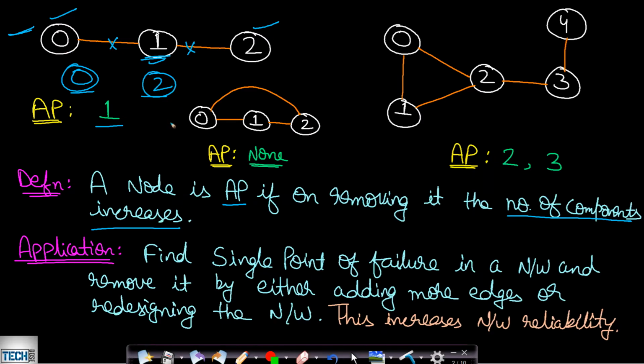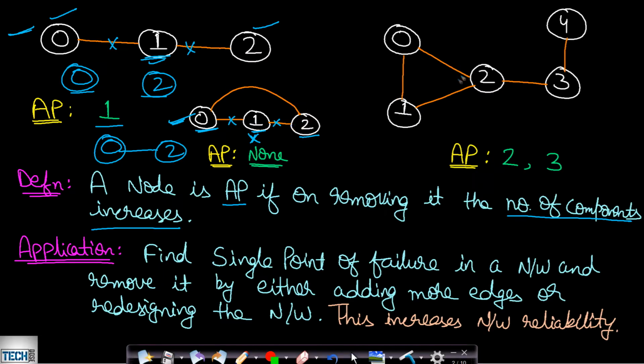Now let us look at the second example. In this case, the graph is very similar, but there is only one extra edge from 0 to 2. Now is 1 an articulation point? Well, try to remove this node 1 along with the associated edges. If you do that, then the graph will still be having one component and 0 and 2 will remain as connected. Therefore, the number of components have not increased even after removing this one. So this one cannot be said as an articulation point. Therefore, in this graph, there will be no articulation points. You can also try removing this 0 and 2 and still the number of components will remain the same.